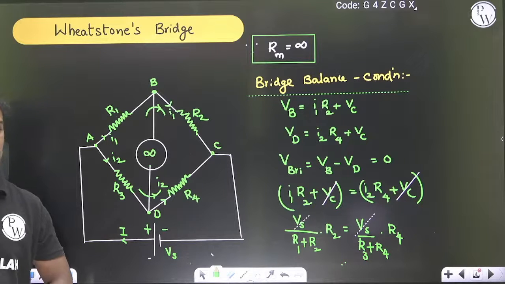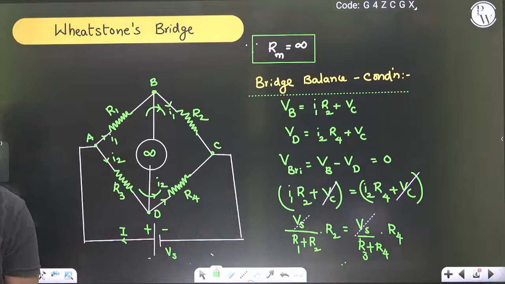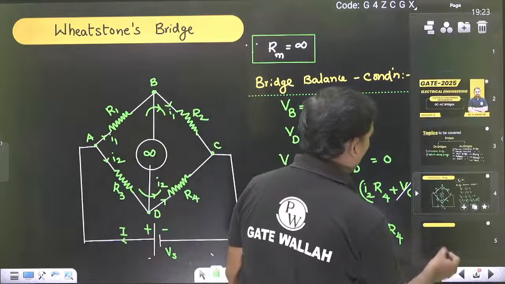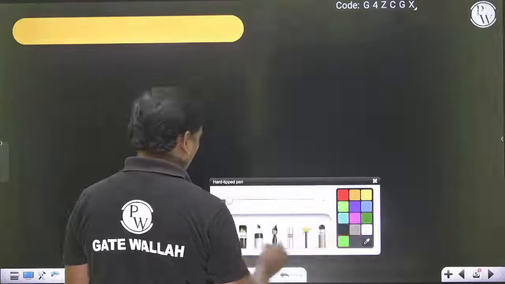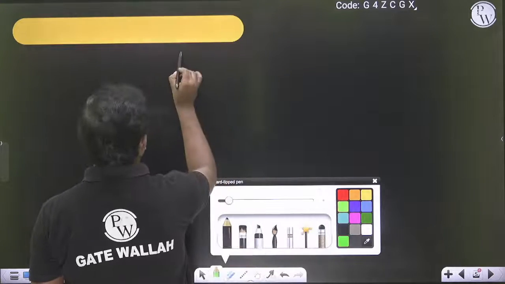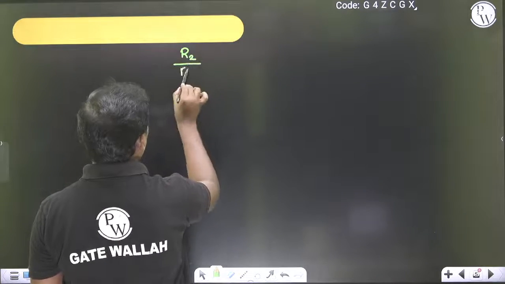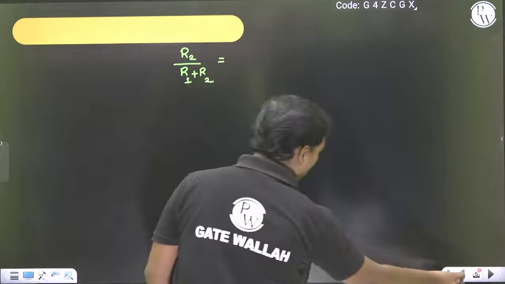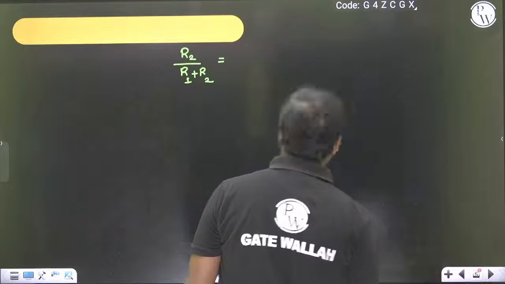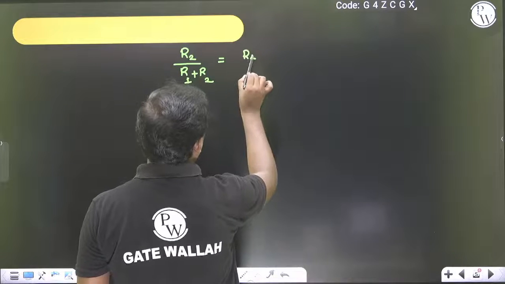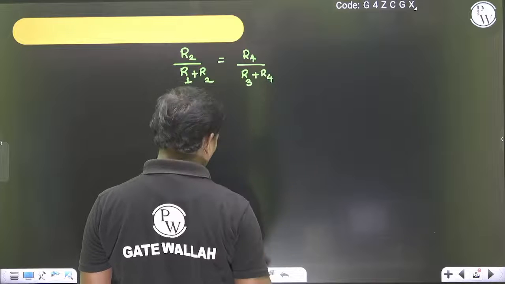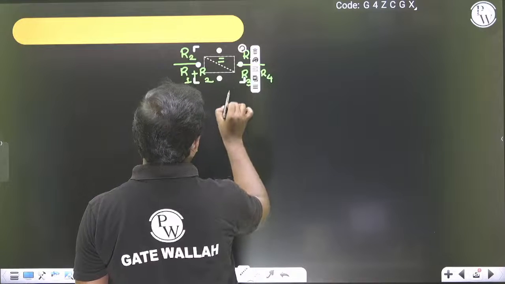If you see this, I can write R2 by (R1 plus R2) is equal to R4 by (R3 plus R4). If you take the cross multiplication of these,